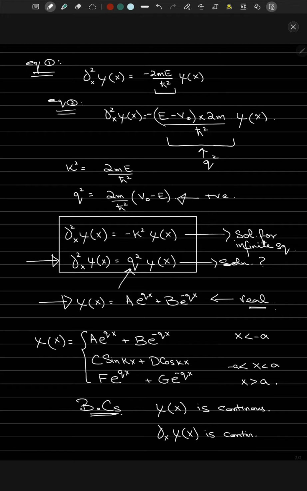Now, the first boundary condition, I label it as 1 and the second as 2. The first boundary condition is even valid if you're discussing the case for an infinite square well, while the second boundary condition is specific to this problem where your potential does not become infinite. And the reason for this is because if you recall or if you have any idea that